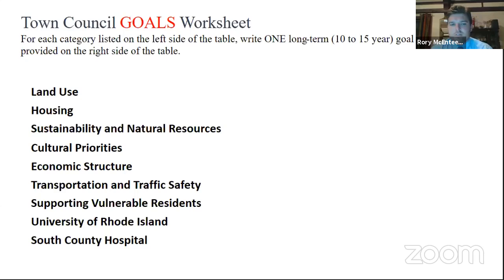It would be nice to have this preliminarily vetted in advance of our meeting with the URI president, and then obviously the new president after that. Just say, hey, look, this is what we're considering. We want you to take advantage of this. What can you do? A mutually beneficial thing like that.